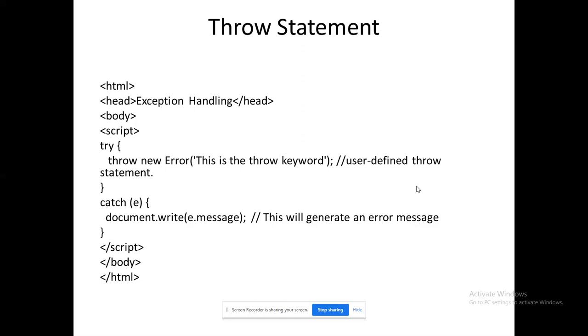Anyway, the message thrown by the user defined error will be received by the catch block. It will interpret and convey its own message to the user in a known form. That's the ultimate thing from the throw statement. So the throw statement will be used when we are going to throw a new error from our code.